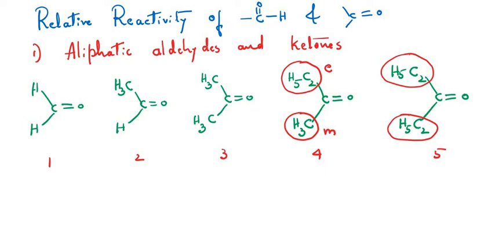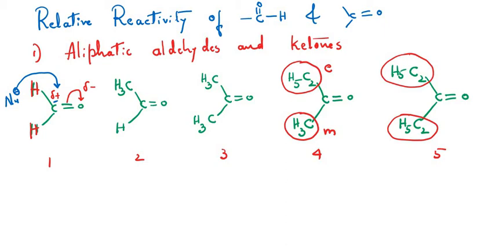So what we can see here students is that in the case of formaldehyde we are having here hydrogen, here also hydrogen, and here also hydrogen. So if you see this pi bond, whenever it migrates here in the form of a negative charge, this carbon is now having positive charge. So we can say that the nucleophile will be readily attacking. So if I write a nucleophile here, this nucleophile will be readily attacking this carbon atom, right? Why? Because the positive charge here is now more, right?